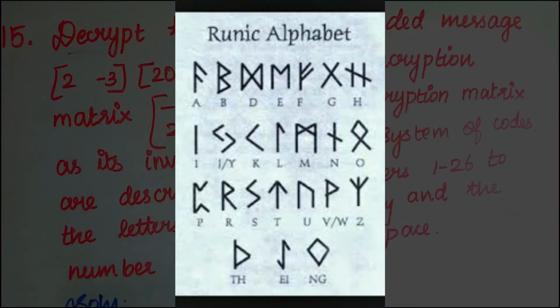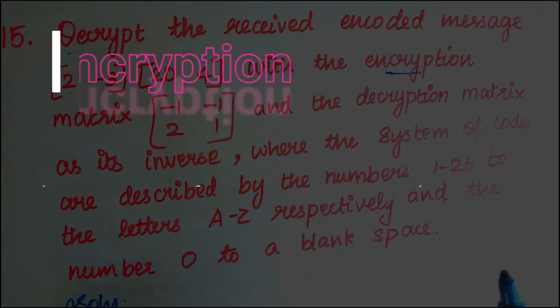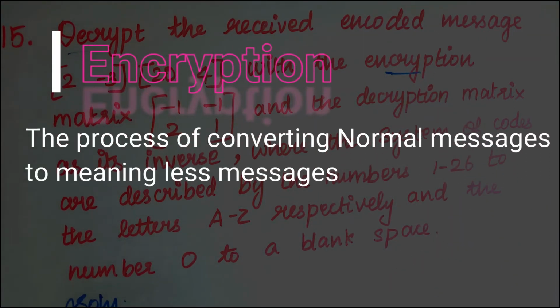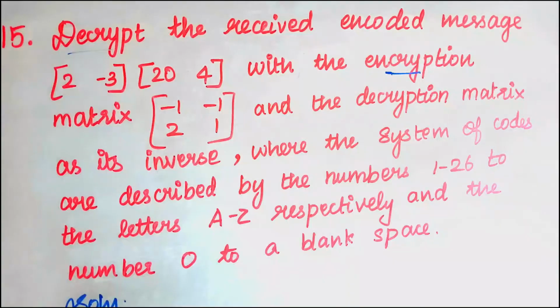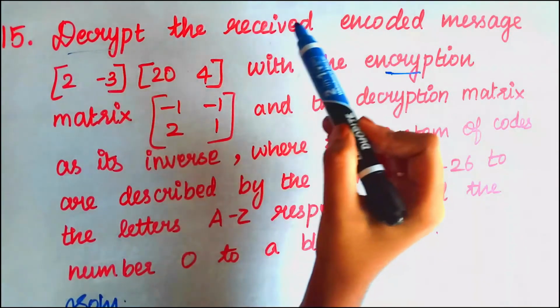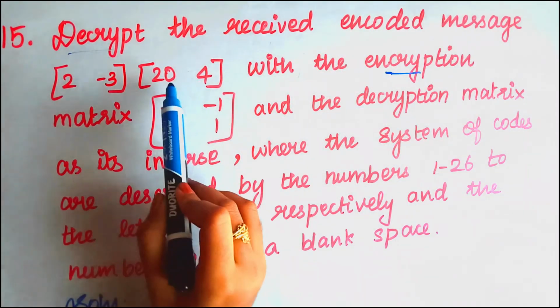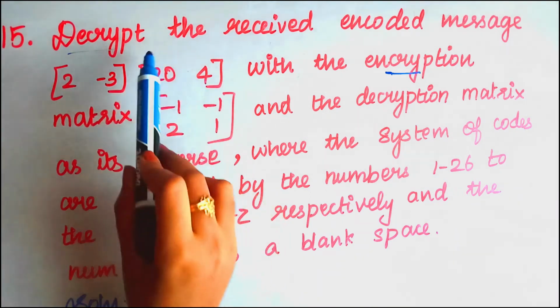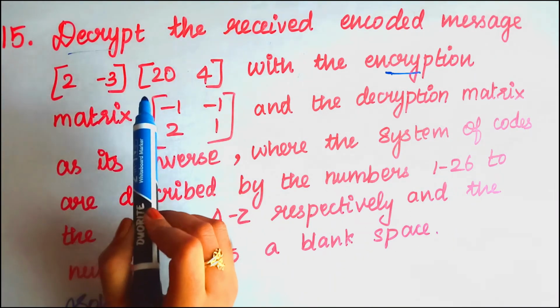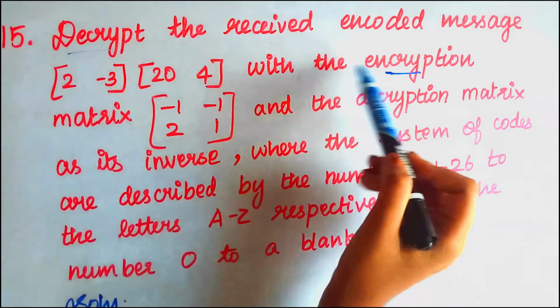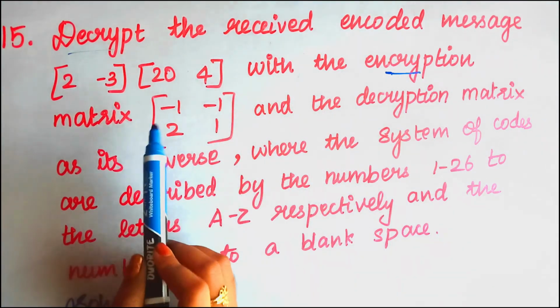We have to find that. And then encryption is nothing but converting a normal message to a meaningless message. Okay, so first let's decrypt the received encoded message, 2, -3, 20, 4. So we have to decrypt this meaningless message to a meaningful message with the encryption matrix, which is a meaningful